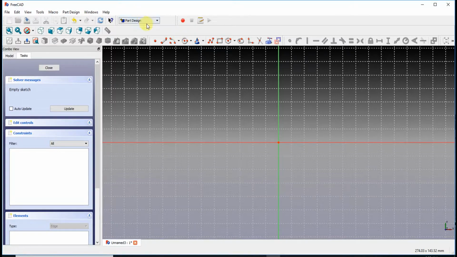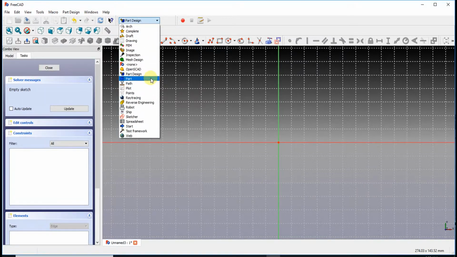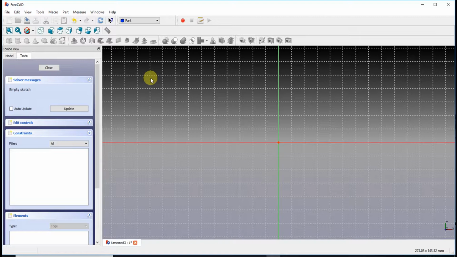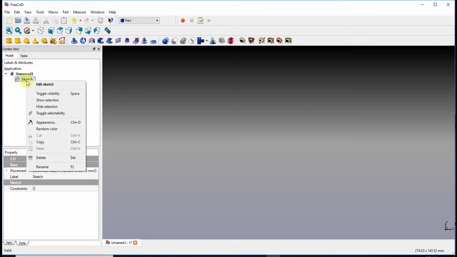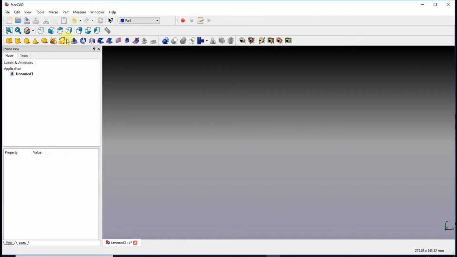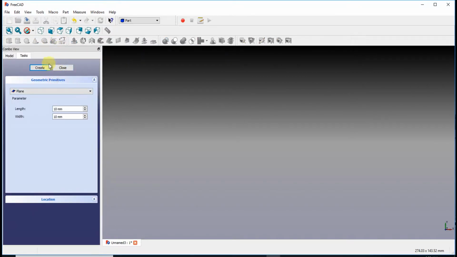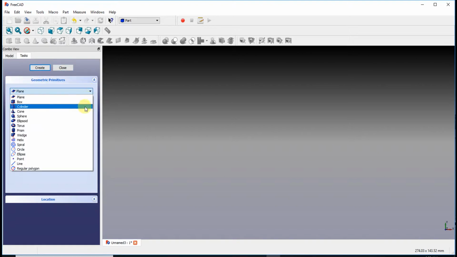Let's make it easier. Let's go to the Part Design workbench. I'll show you how to do two things at once. So we're going to go to the Part workbench. We're going to close that out. Go to sketch, delete that, and we're going to go to primitives. Okay. So when you get to this page, you're going to have primitives. Go to